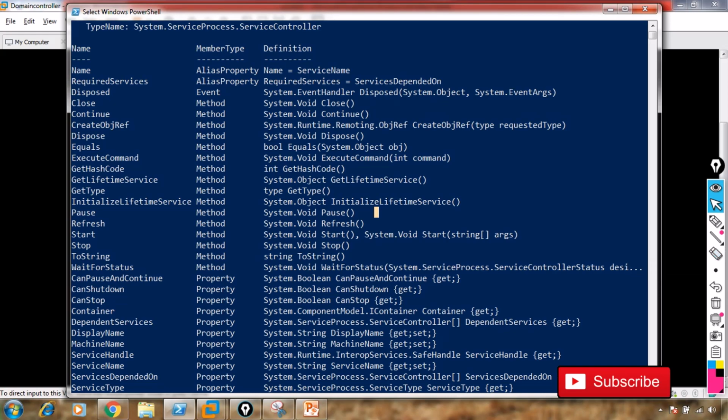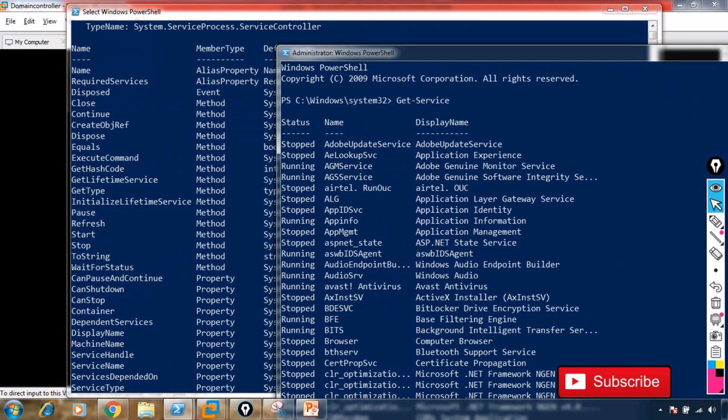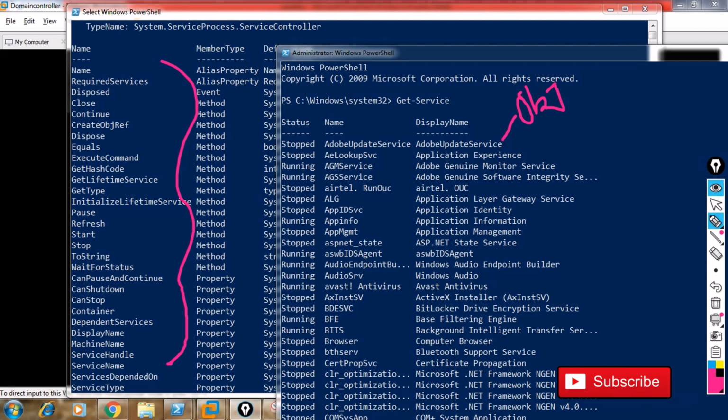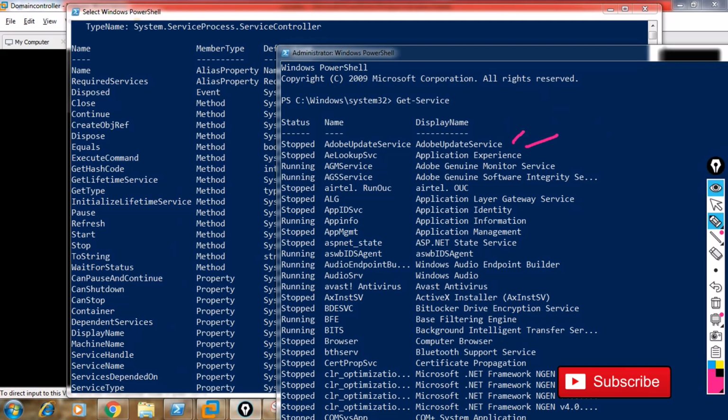Now let me just open a PowerShell console once again. Get-Service is producing a collection of objects, and each object has all this information. The first object is Adobe Update Service. Adobe Update Service has a name, has required services, has disposed, has a close method, has a continue method, and at the same time it has a service name, a display name, a machine name, for example on which machine it is running, and what type of service it is. All these properties and methods are there for this object. Again, Application Experience is also one of the objects, so for this object we will also have all these methods and properties. Similarly for each and every object right here,